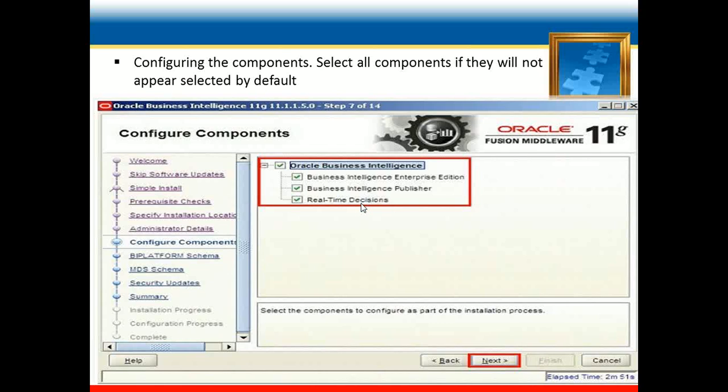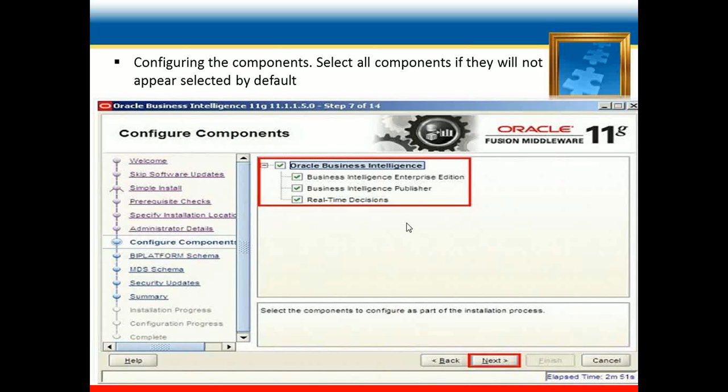OBIEE, the Business Intelligence Enterprise Edition, includes BI Answers, BI Interactive Dashboards, BI Delivers, Oracle BI Administration Tool, Oracle BI Job Manager, BI Catalog Manager, and BI Add-in etc. The BI Publisher is useful to publish reports, or for reporting.